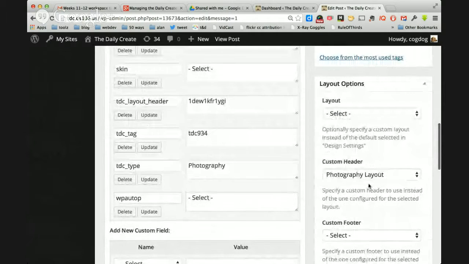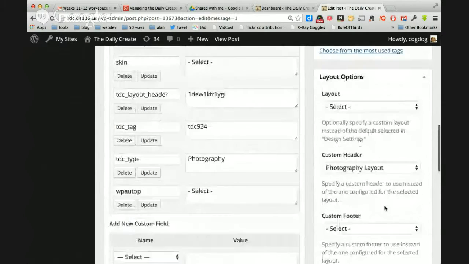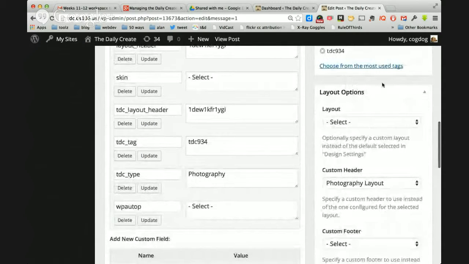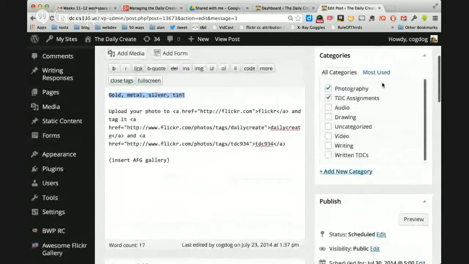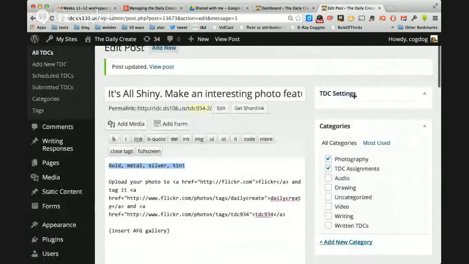It sets some of the... That controls which of the headers appears in the daily create, so it's got the photography heading. And then it also adds some extra information, which you probably never need to deal with. But this menu, which is now gone because we saved it, does a lot of the formatting for you. And you can also see that it's also written out the link.